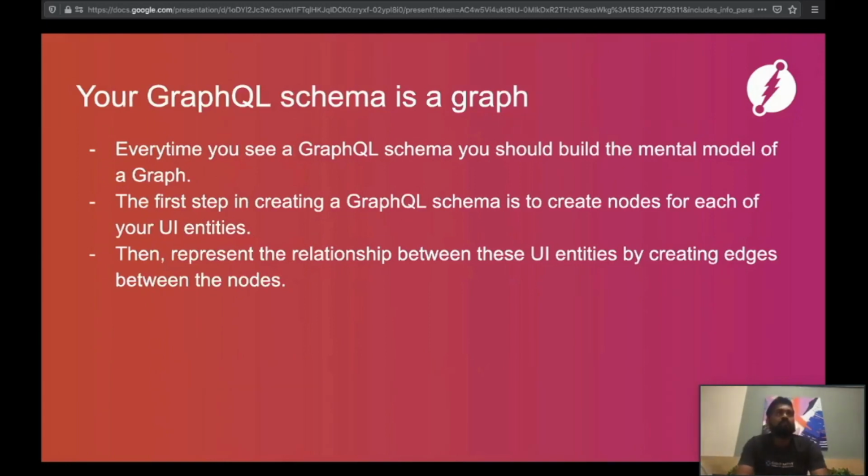So I guess by now, most of the viewers are familiar with GraphQL schema. A GraphQL schema essentially represents a graph. So next time when you look at a GraphQL schema, do remember that what you're looking at is a graph. And a GraphQL schema represents your application data graph. Let's learn a bit more about